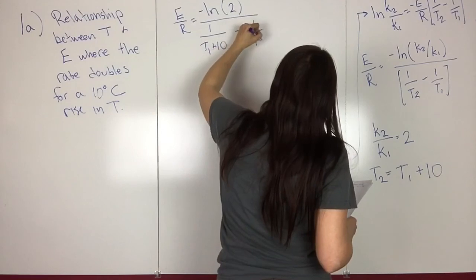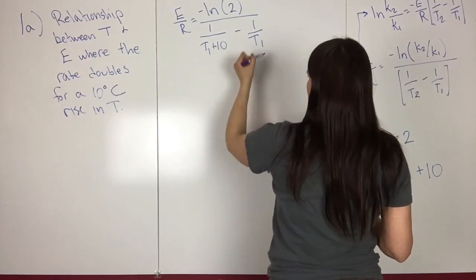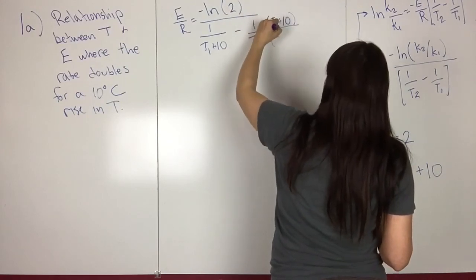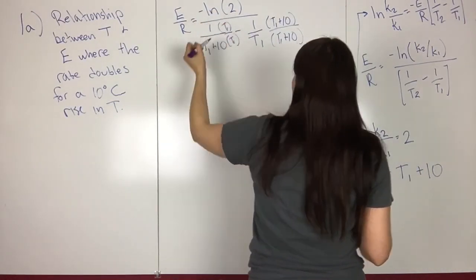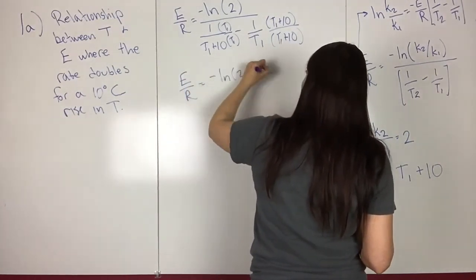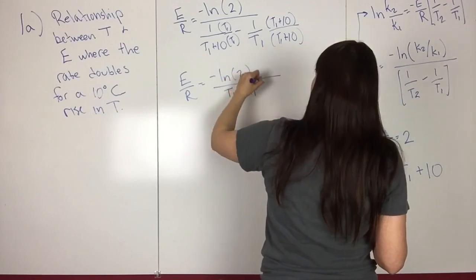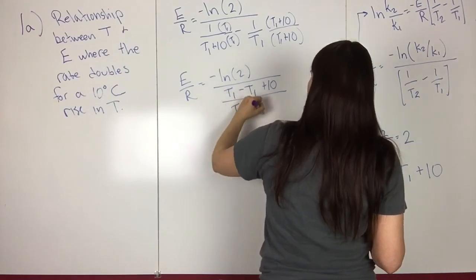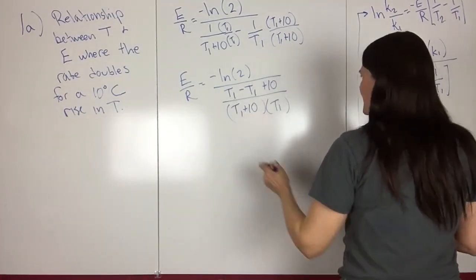minus 1 over T1. And then we just want to combine these, so we just multiply each side by 1 and add it together, so T1 plus 10, and then this would be T1, so we have E over R equals minus natural log of 2 over T1 minus T1 plus 10 over T1 plus 10 multiplied by T1. So then that cancels out,